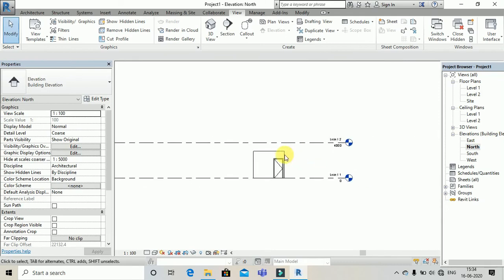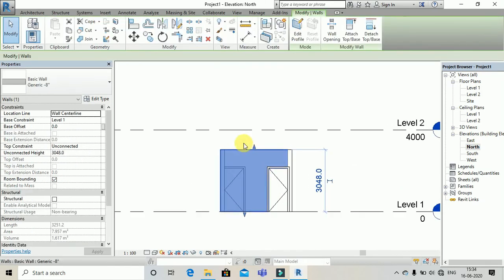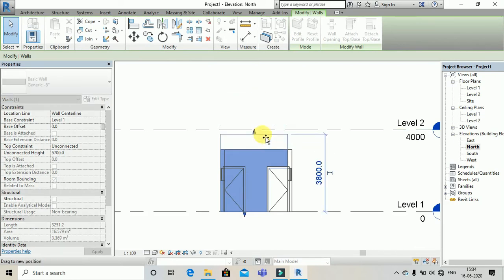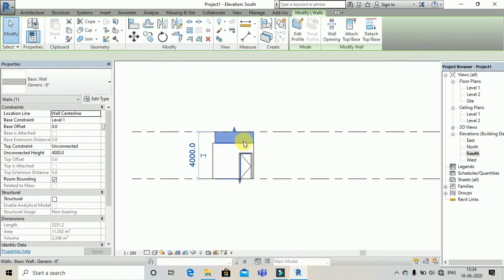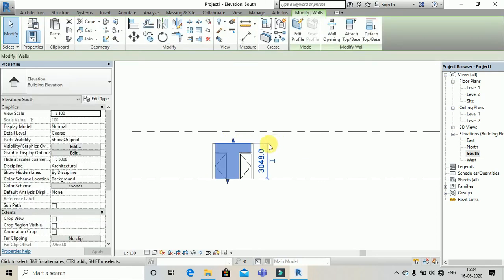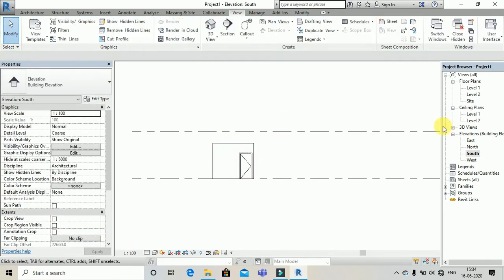You can go to the elevation view. See, our room is up to this height. You can drag this one and change the height of the room. Let's make it level 2. If you select from one side elevation only, only that wall height will be changed.